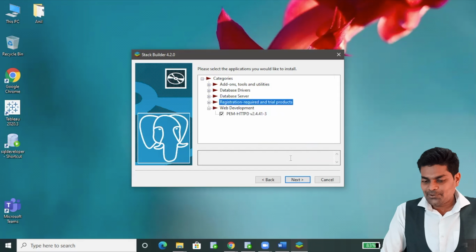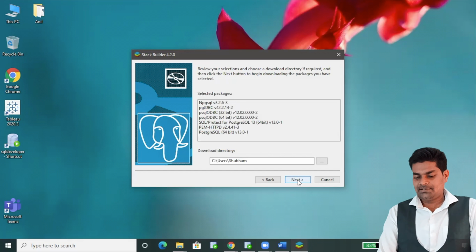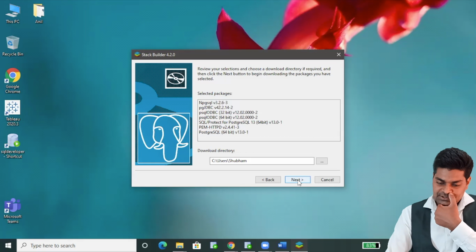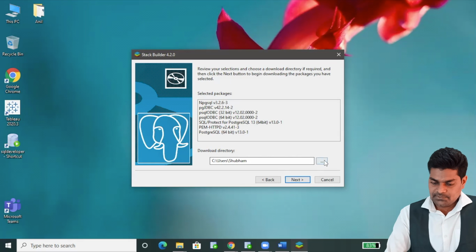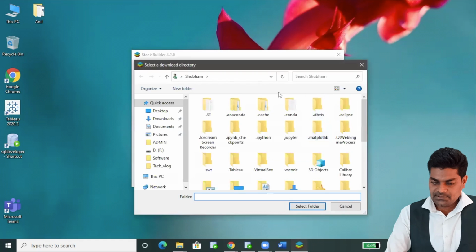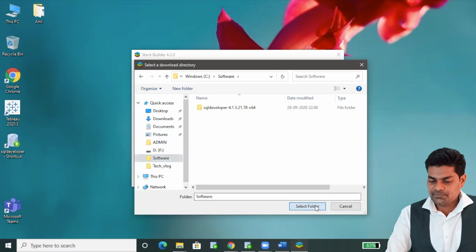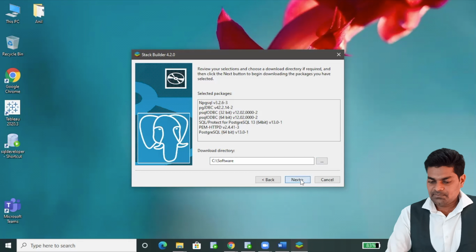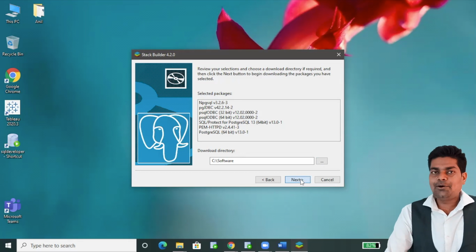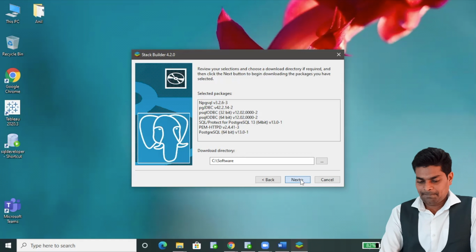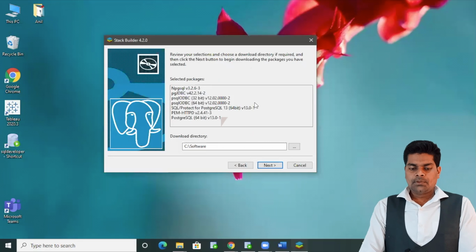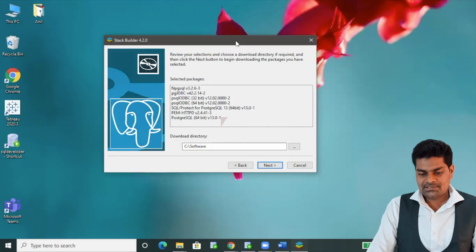Now click on next, and the download directory will be, okay, I'll give a different directory. I have a software directory, and I'll select that software folder, and these packages will be downloaded and installed. So we simply have to click on next.